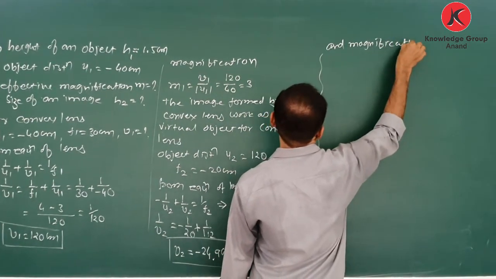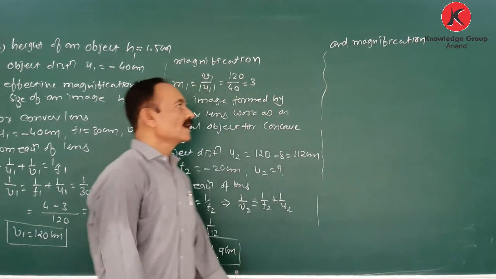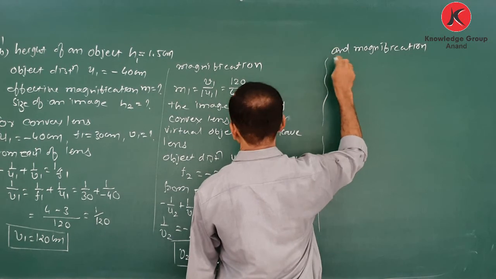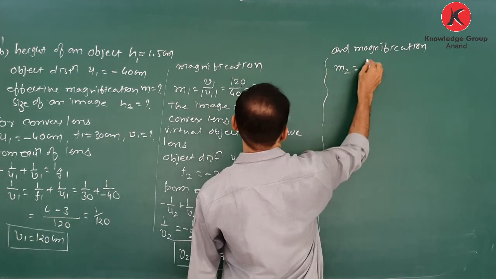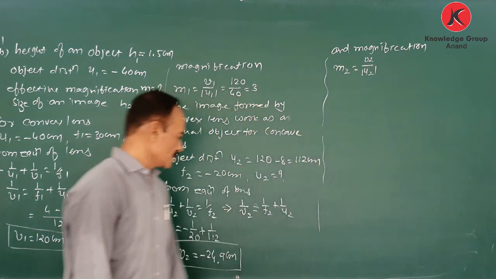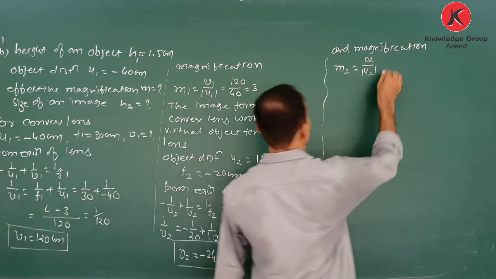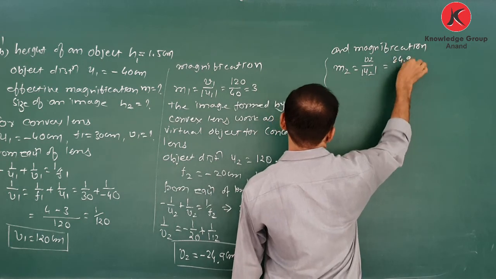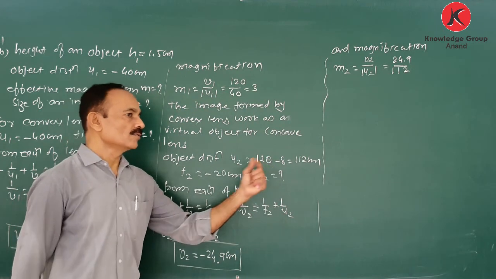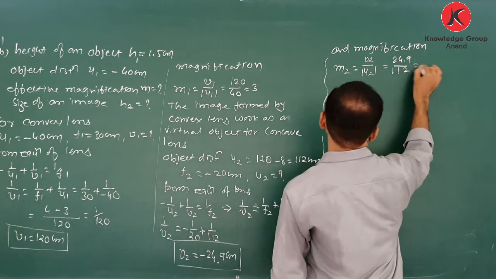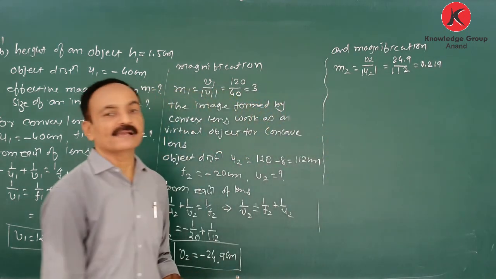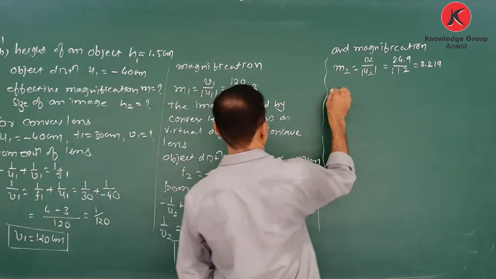And magnification: what is the magnification for this? So M2 is equal to v2 upon the magnitude of u2. v2 we obtained as 24.9 upon 112. Object distance is 112, therefore 0.219. Therefore the total magnification or the effective magnification